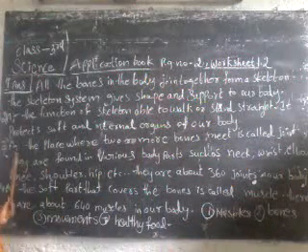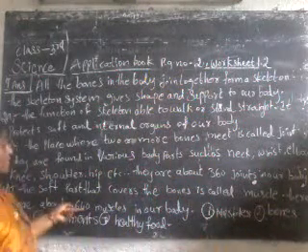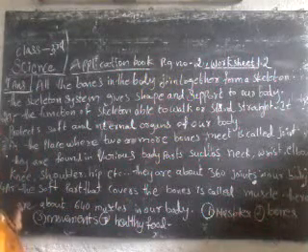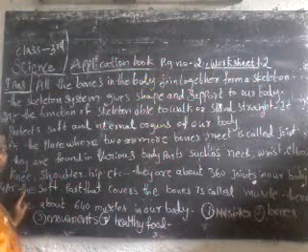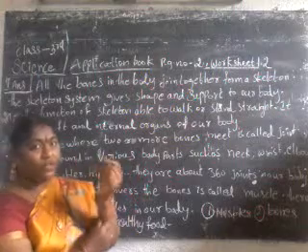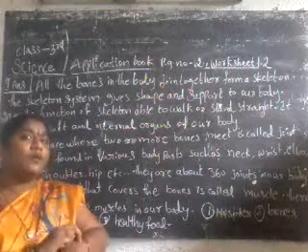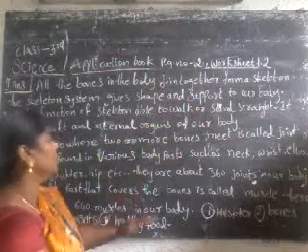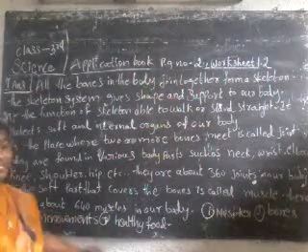What do they mean? The joints. There are about 640 muscles in our body. About 640 muscles are there in our body. What do we call muscle? The soft part that covers the bones is called muscle. When we touch here, it is somewhat soft. When we touch here, it is the bones, the hard part, called bones. That soft part is called muscles. In our body about 640 muscles are there.